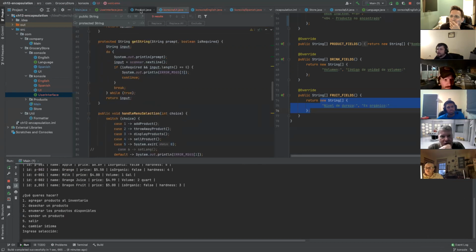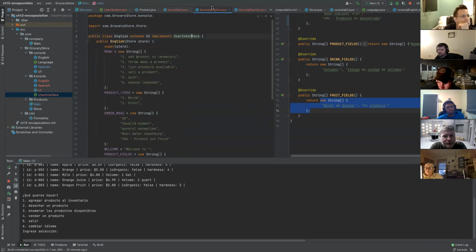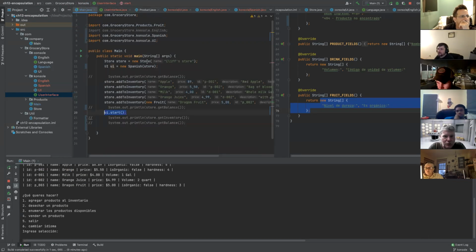Well, it's also public, isn't it, though, too? It's a public inherited method, yes. So that start method is already available in the English class. English class already has access to a start method that it can utilize. And so does Spanish. So now if I go back to main and I switch this UI to UserInterface